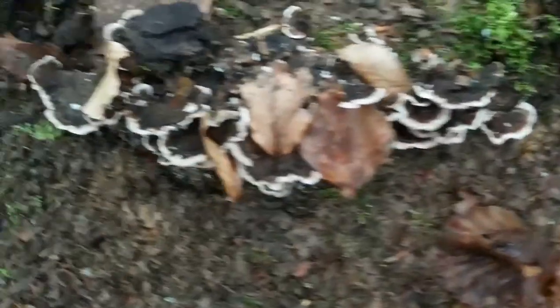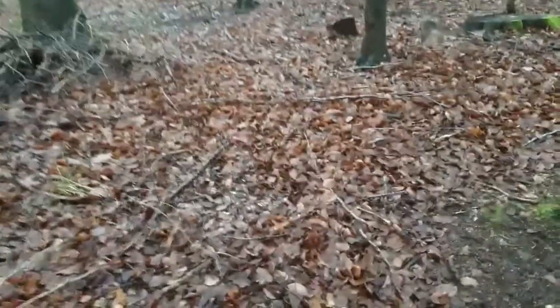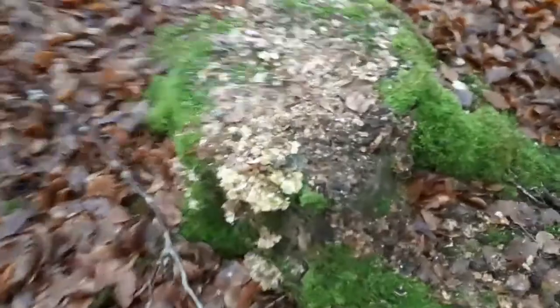Again, got something here. There's some older ones, there's younger ones, and this, no, yeah, I already showed that. Anyway, I believe there's supposed to be more of them on one of these logs in here. I think so. Yeah, that's right. Yeah, but they are all old ones because I actually saw them already in the fall in here. But then I didn't know them, and there's a lot of old ones, all these black spots, and I'm not sure what those were right now, but yeah, anyway. Cool, let's move further because it's getting dark, and I'm slowly heading out,